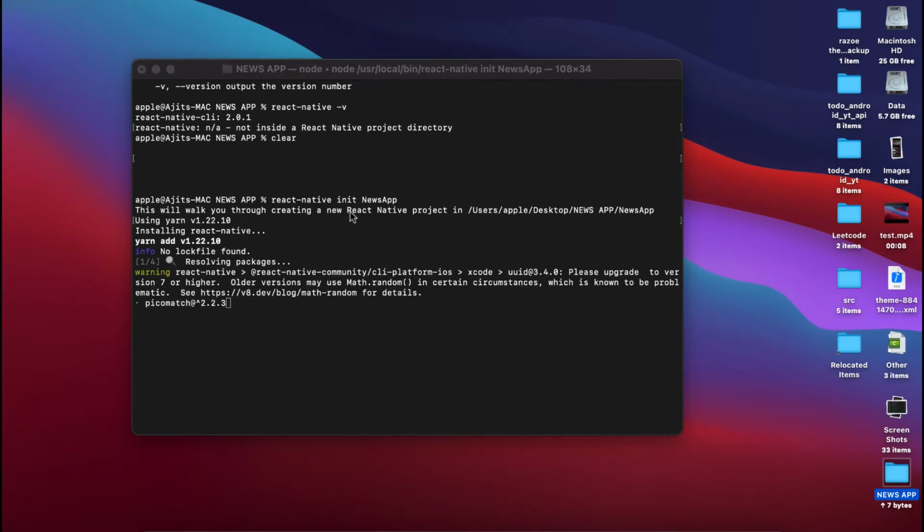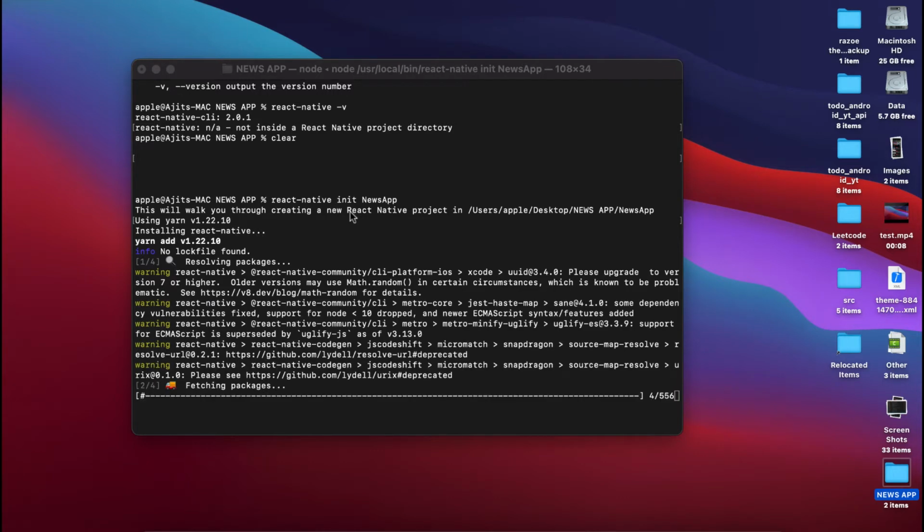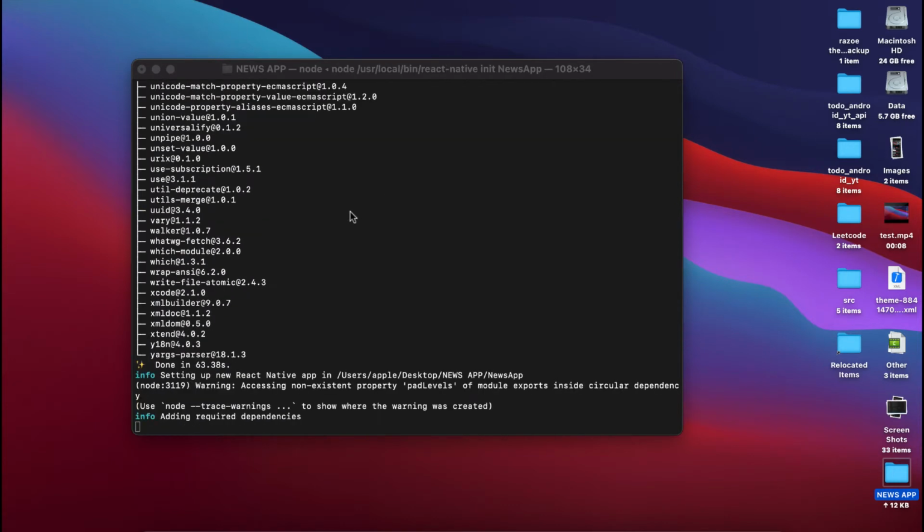Afterwards we will install all the dependencies or packages, then create the folder structures, and from the next videos we will design our screens. We will also build the backend parts, for those who want to build them, and use them in our React Native project. Then we will continuously deploy after adding some features. This will take some time.